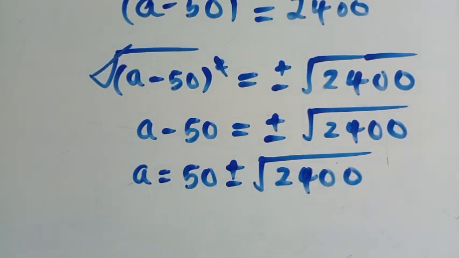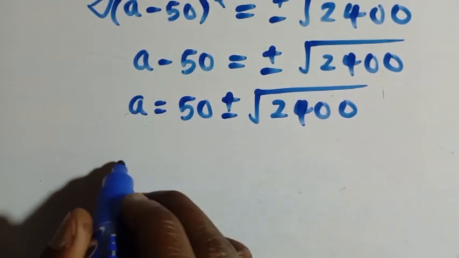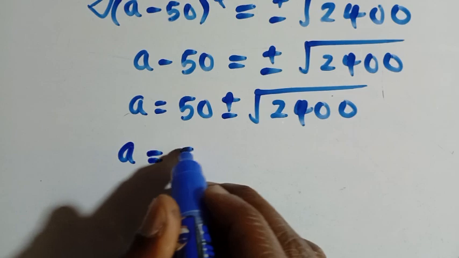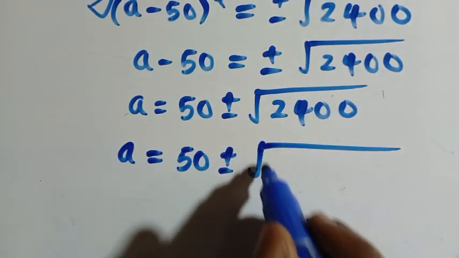And how can we get these values? We can just break this thing down, and we have a equals 50 plus or minus square root of,